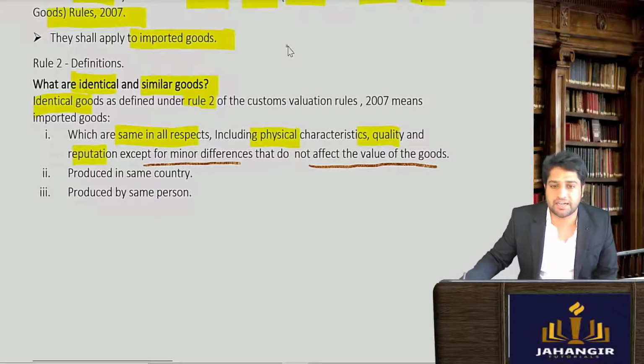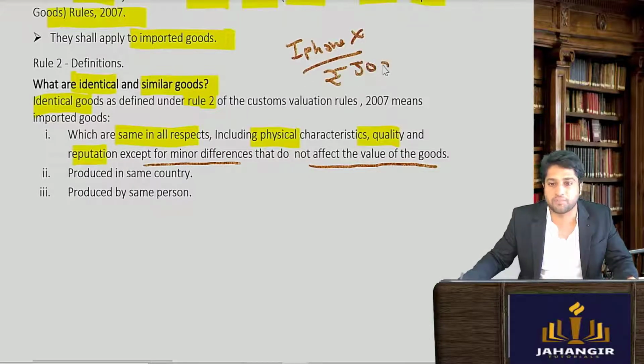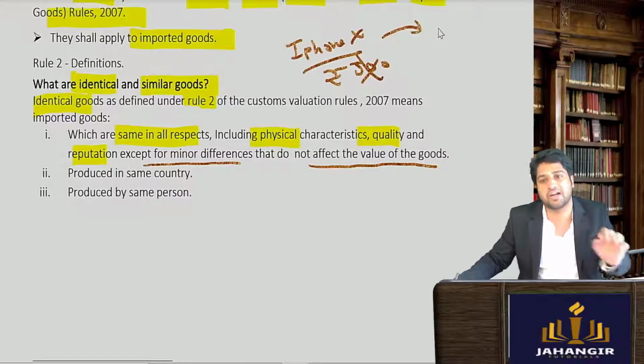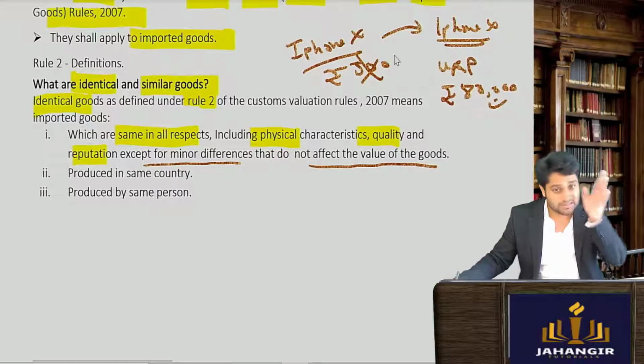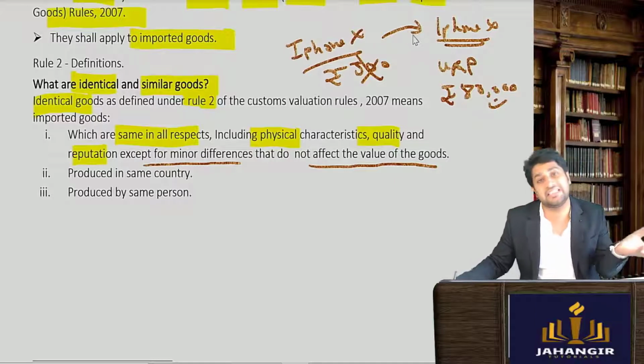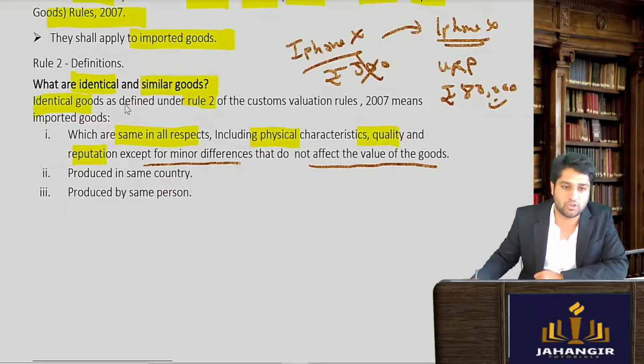Okay, so if we take an example, if I have imported goods of iPhone 10 from my brother for rupees 500, obviously the officer will not trust it and he will say, what is the exact identical goods in the market? So it's iPhone 10 and we will see the price to an unrelated person. The price to an unrelated person is 80,000. So he'll fix the value as 80,000. Sometimes you might not have exact identical goods, but you might find a product with minor differences. Okay, so that can still be considered to be identical goods.